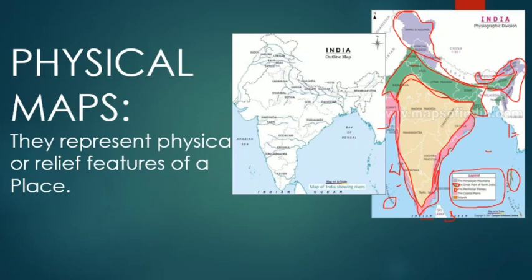So I already told you that a physical map shows plateaus, plains, and mountains that we discussed. It also gives the rivers, location of rivers, oceans, lakes. So I have taken one river map here, children. See this river map, India river map. All these lines are the streams, river streams. I will take this one as an example. This is the river I have drawn, highlighted with red color, that is Godavari.